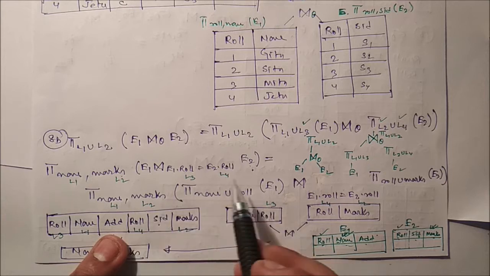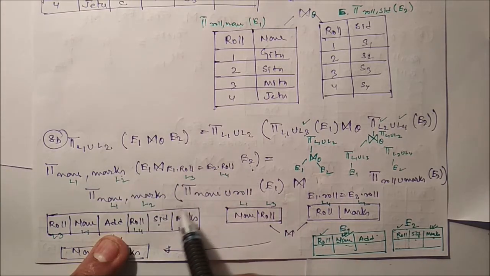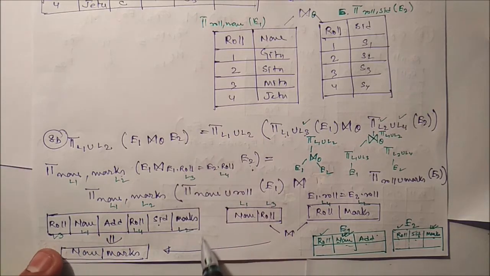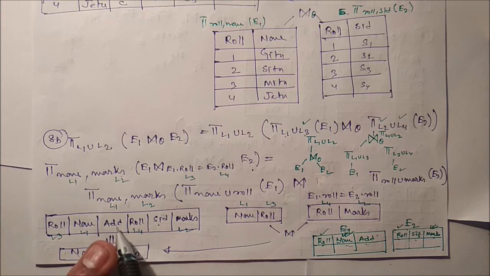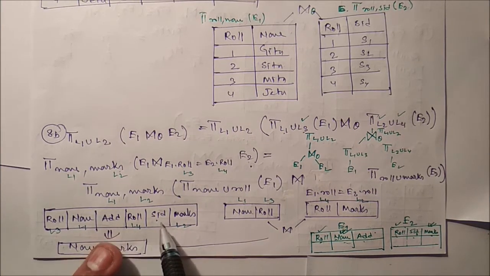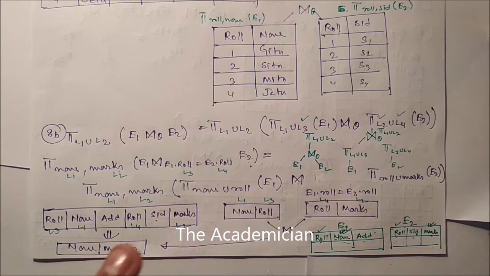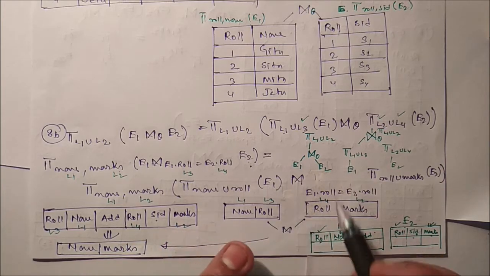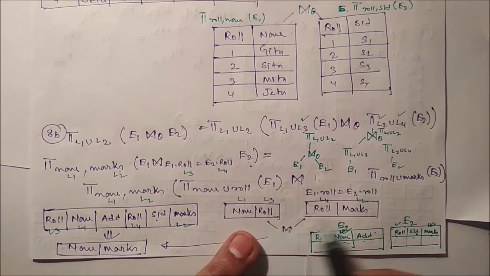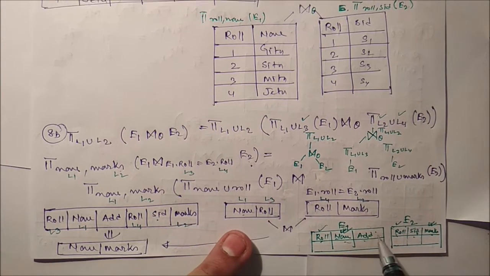If you do not eliminate before joining, it will create a big table. Unnecessarily, we have to add the information about address and the subject ID, and after that we need only the name and marks. So it will create a big table. So what we can do is, before applying the merge condition, we extract the required attributes. We need only the name and roll number. We don't require address, eliminate it.